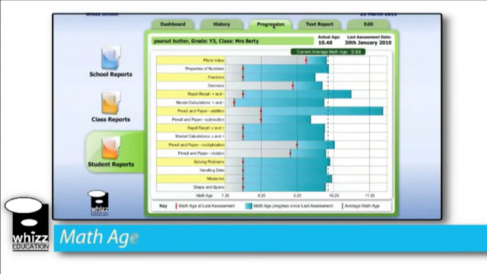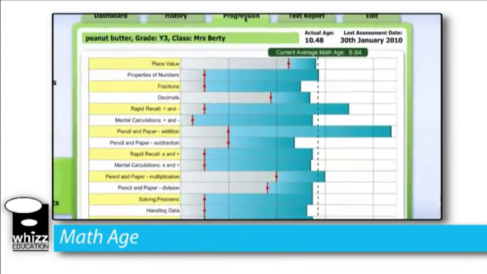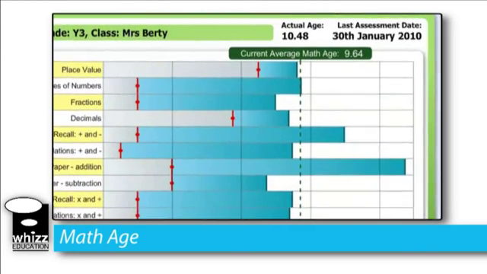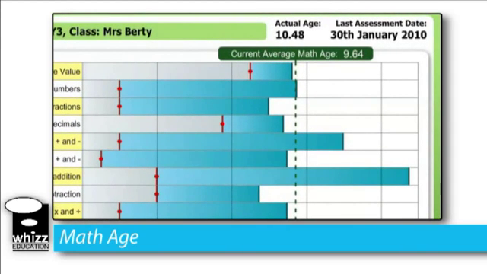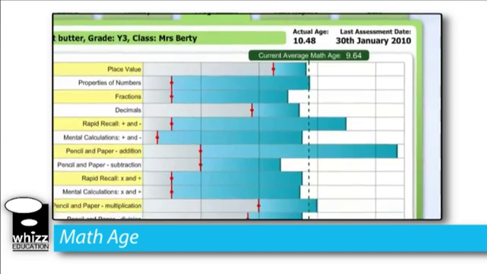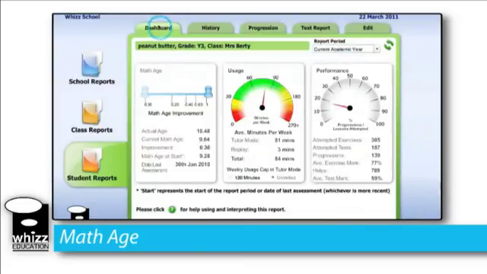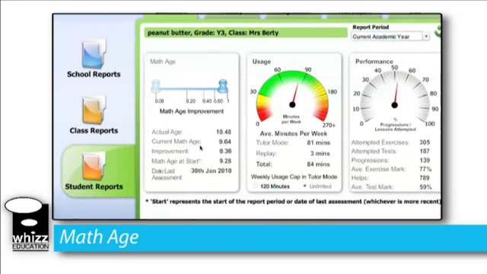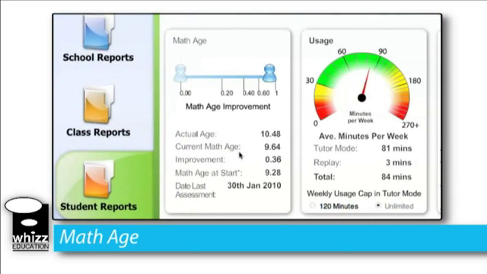MathStage is a simple measure to represent a student's current maths ability. With Peanut Butter over here, we're saying that their MathStage is 9.64, and where the value of MathStage really comes into play is as a comparative measure, meaning that if a student started off with a MathStage of 8 and is now 8.5, or let's have a look at Peanut Butter here in fact, he had a MathStage of 9.28 when he started, and he's now got a MathStage of 9.64,